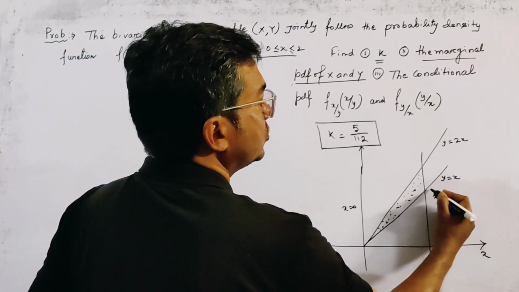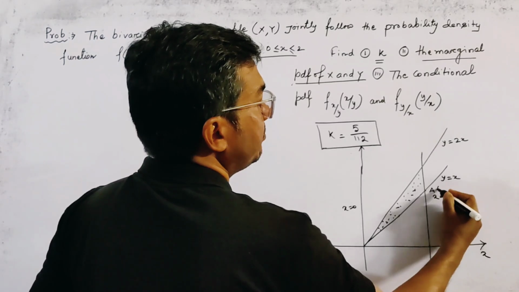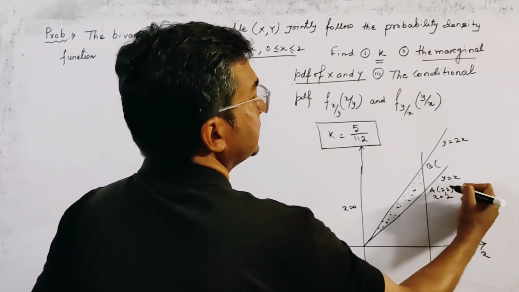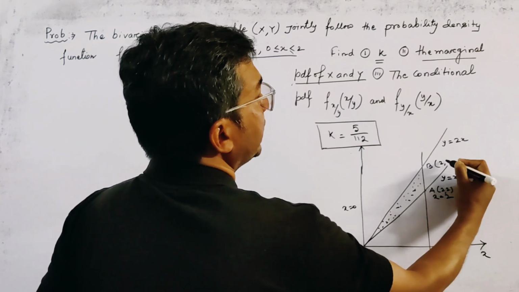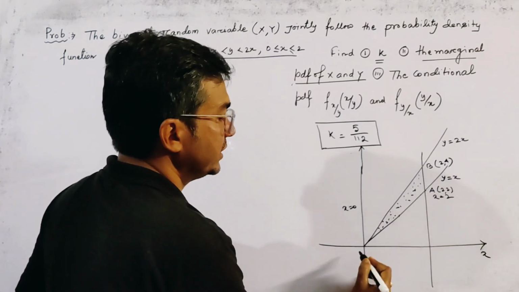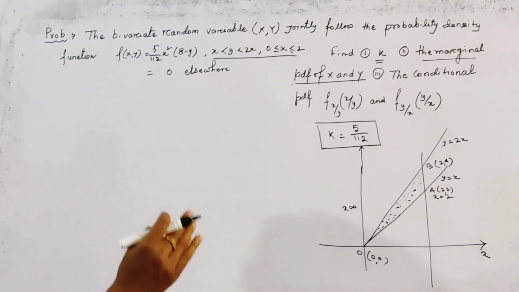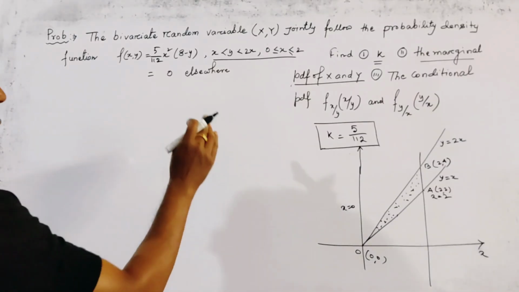So this is y equal to 2. So this point is given by a (2, 2), and this point is given by b, and if x equal to 2, then y equal to 4. Okay, this is the origin, this is (0, 0). Now we first calculate the marginal PDF